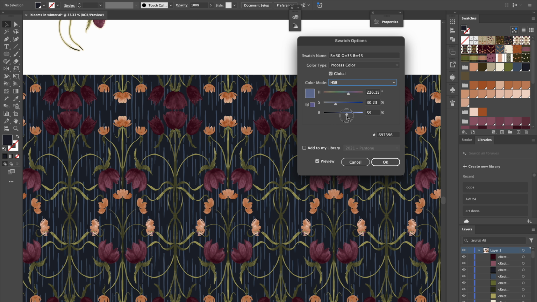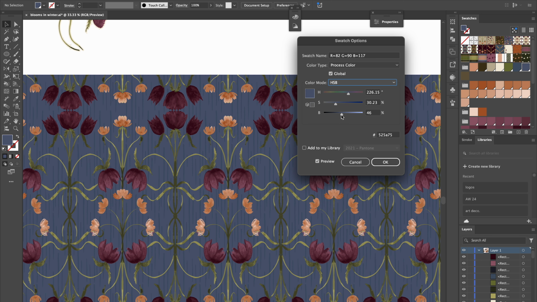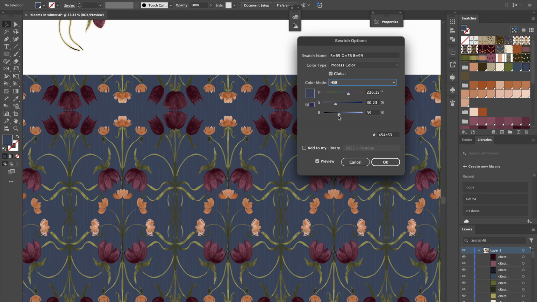And you can see it's going to change on the pattern itself. Let me just play with it a little bit, and you can see now it changed to this really bright blue. Now it's back to a dusty blue and back to a more